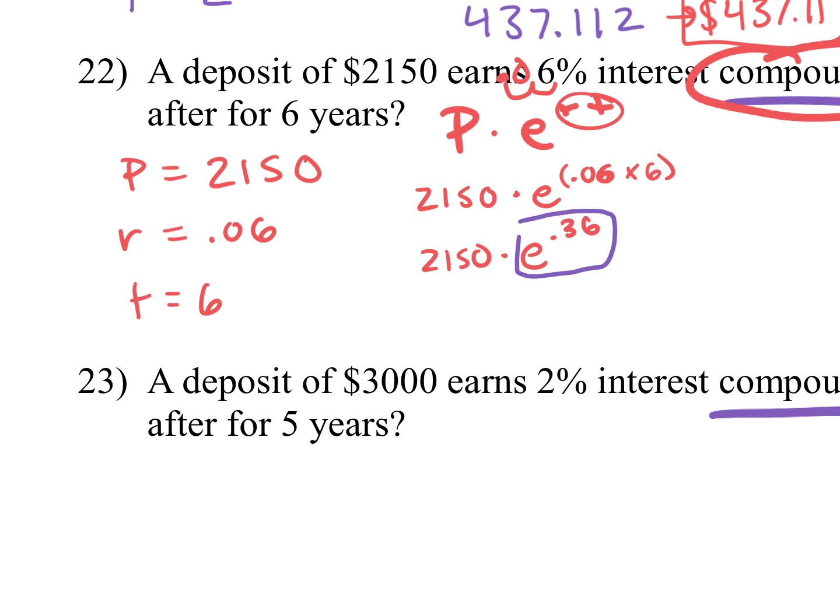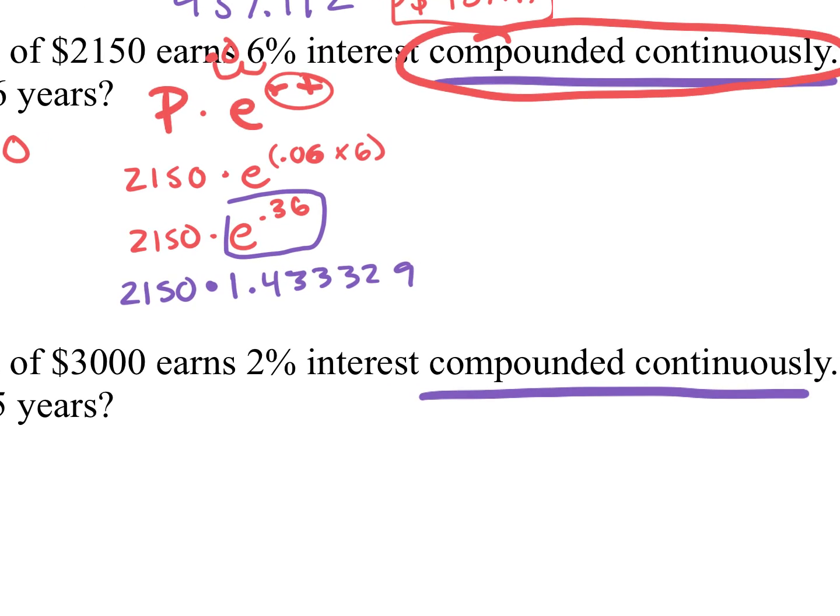So just make sure you know how to put it in your calculator. So if you put this in your calculator, you should get 1.433329. And then what's the last step? Multiply by 2,150. So this should give us